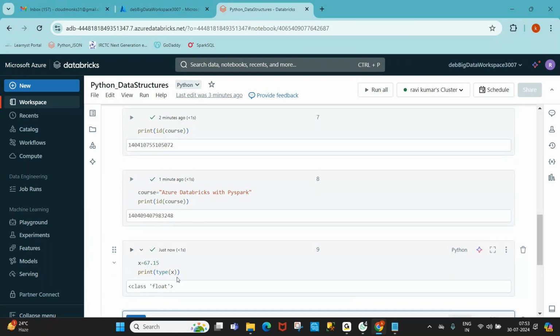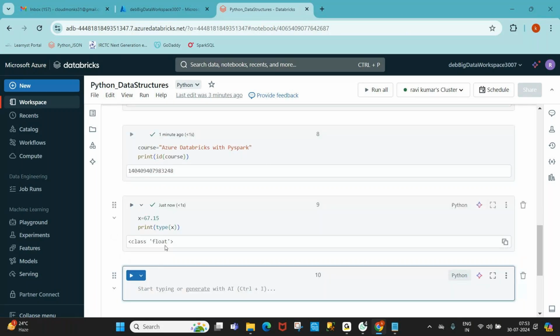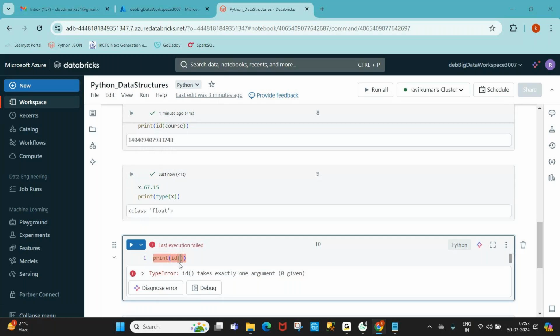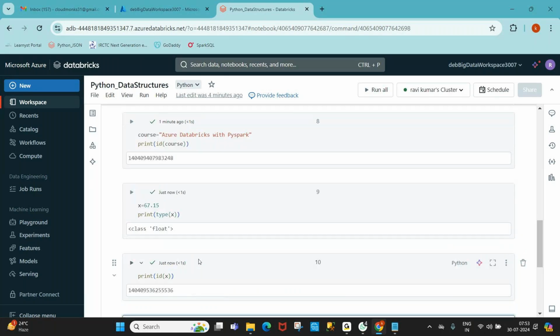See, float. And now print id of x. The id function returns the memory address of the object. See, a different memory address.